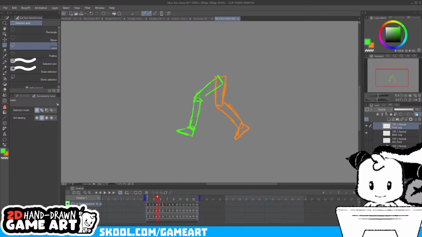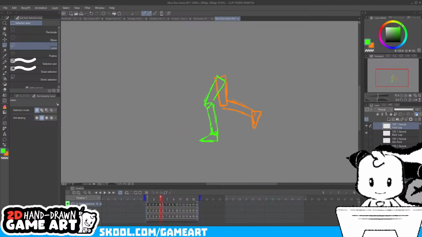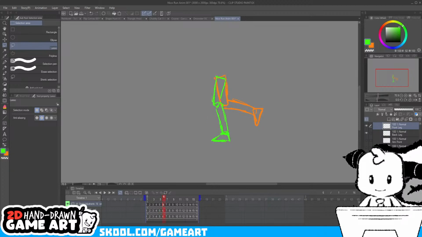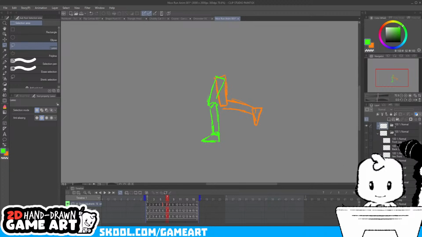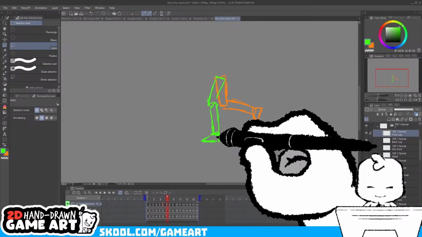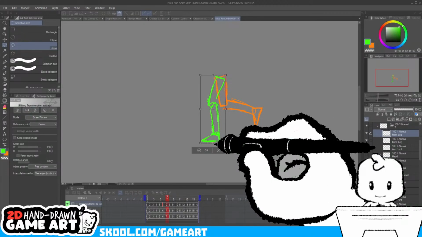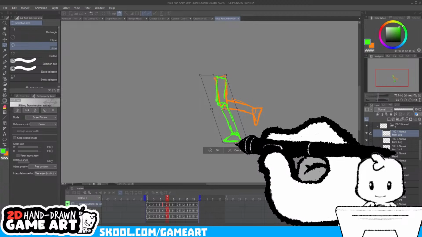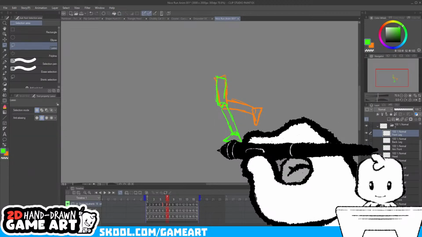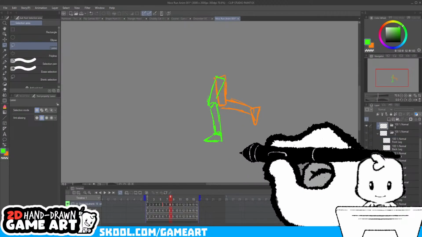I think for the orange foot, we have 3 frames of contact. So we want to have a similar amount of contact on this leg as well. So we have 1, 2. So we got 3rd.